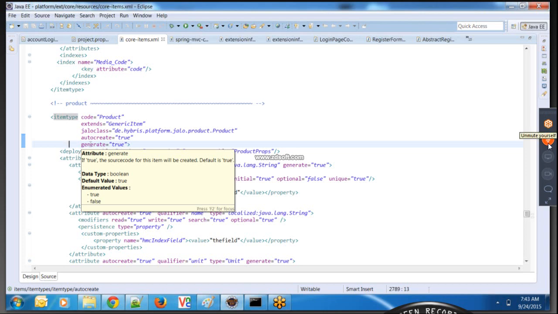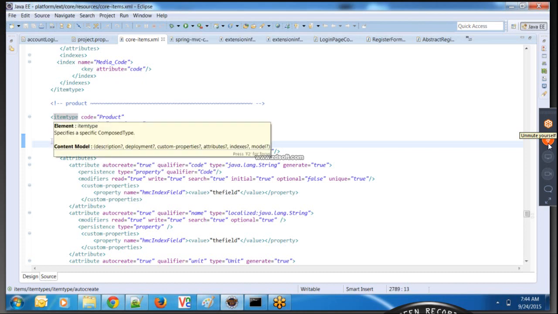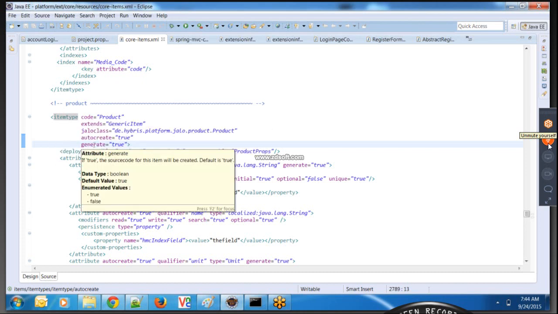If true, the source code for this item will be created. Default is true. Read it one more time. If true, the source code for this item will be created. Default is true. So for an item type, at an item type level, when you have generate equal to true,